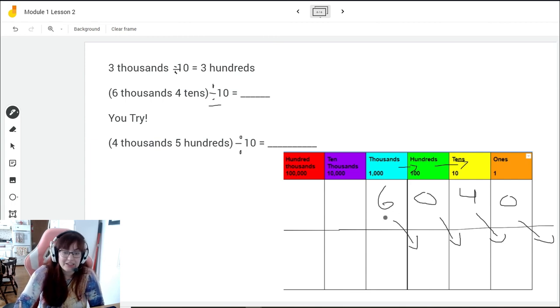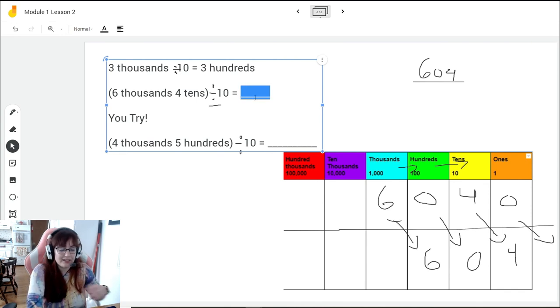So we're going to move everything over to the right, and then I will put my numbers into their new place values. So 6 thousands divided by 10 is 600s. Put my 0 here, and then my 4 tens divided by 10, or 40 divided by 10, will give me 4 ones, which gives me my final answer of 604 if I were to write it in standard form, or if I wanted to write my answer in unit form, I would write it like so: